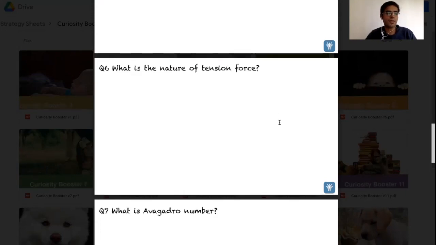Okay. So pulling means, let's say this is the rope and I am holding this block, so this rope will pull the block upwards, and the block will have a gravitational force downwards. So it will balance that. Okay. So why is tension across a massless string constant? We have already studied that across a massless string, tension at all points is the same. Why is this so?